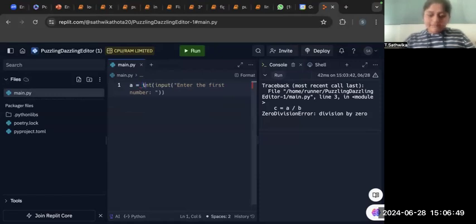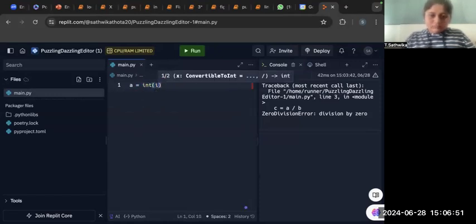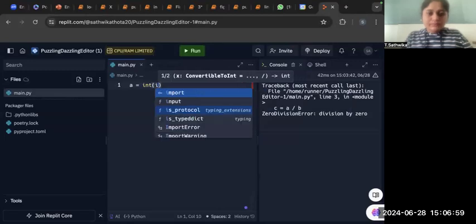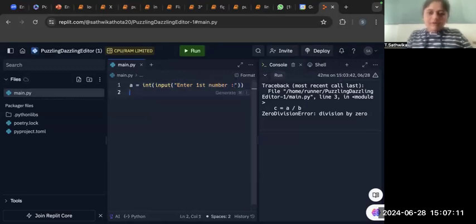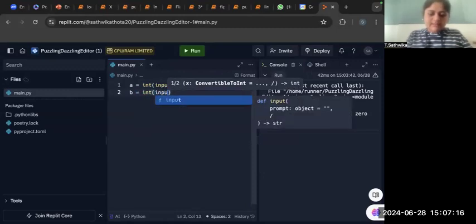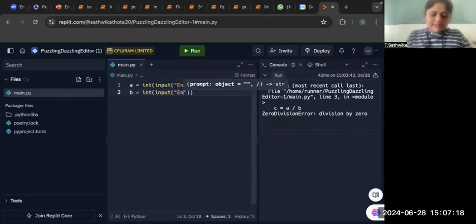Let's say we have input of "enter first number", and then in the next block, we have to input a second number of integer data type, "enter second number",